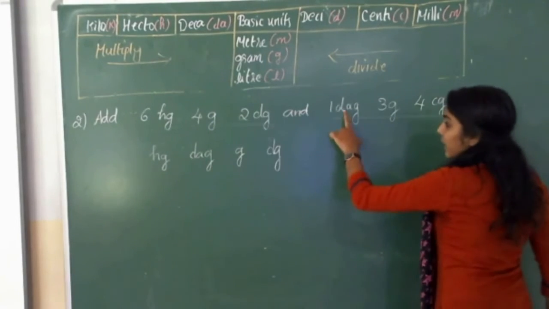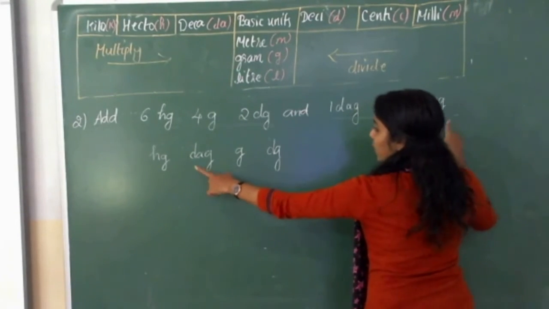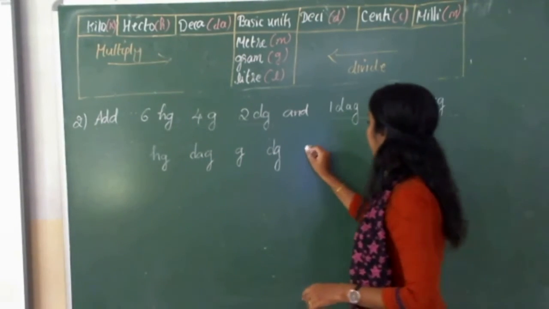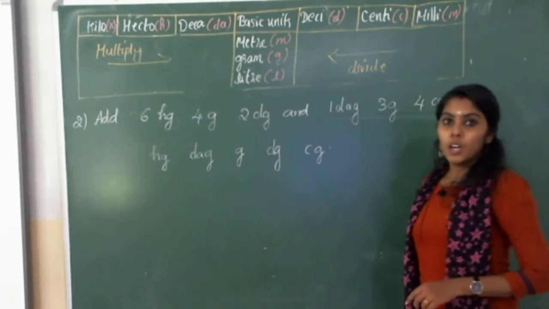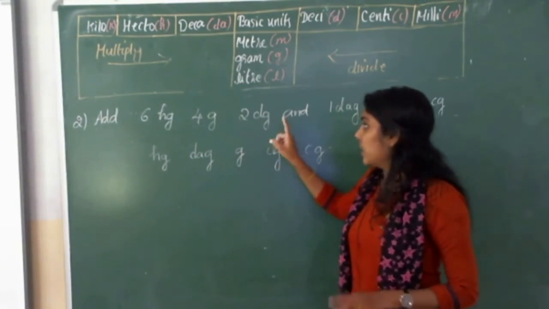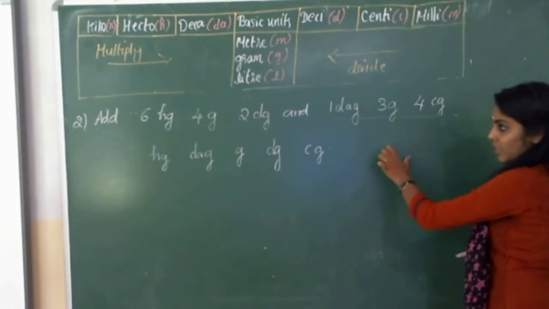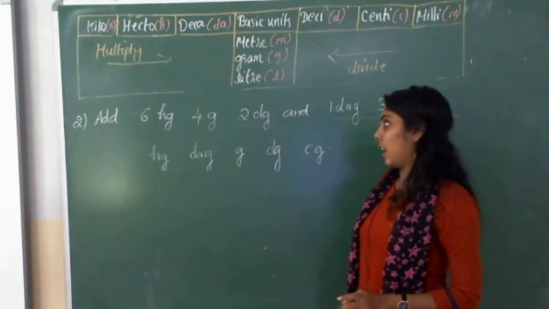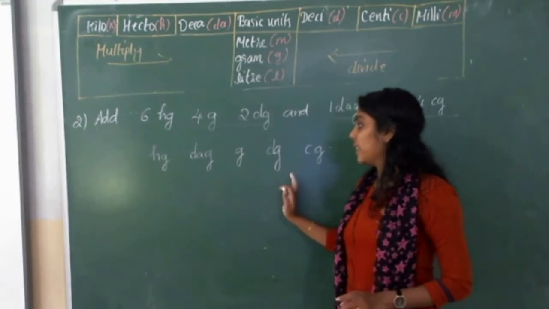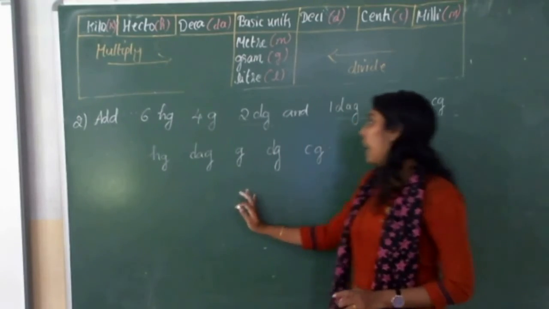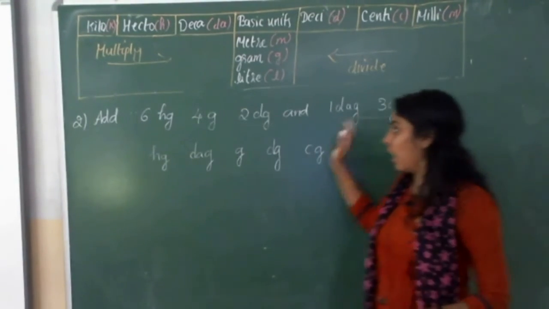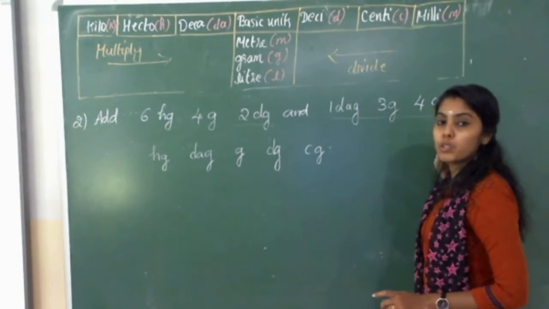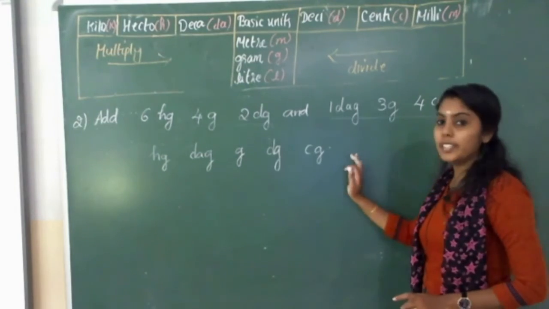Next one, decagram to centigram. So, here deca is there, gram is there, deci is there. One more we have to add here, centigram. In the first one centi is not there, but in the second one centigram is there. So, the first one starts with hectogram and the last one is decigram. In between hecto and deci, all the units you have to write here. And the second question starts with deca, gram is there, and centigram also. So, till centigram you have to arrange all the units.